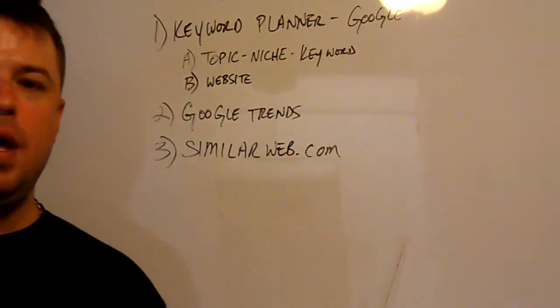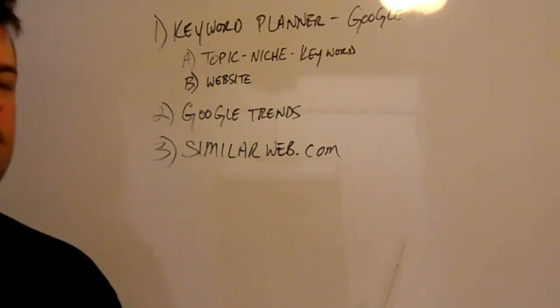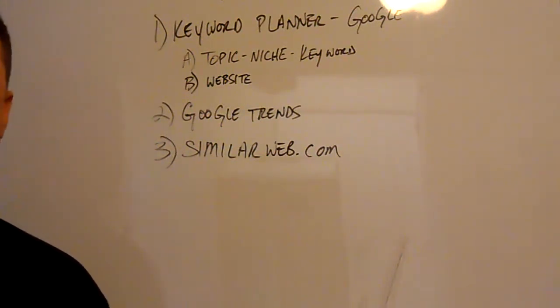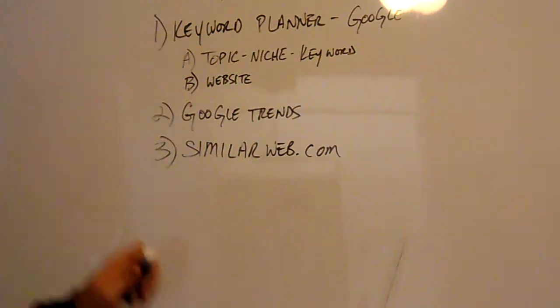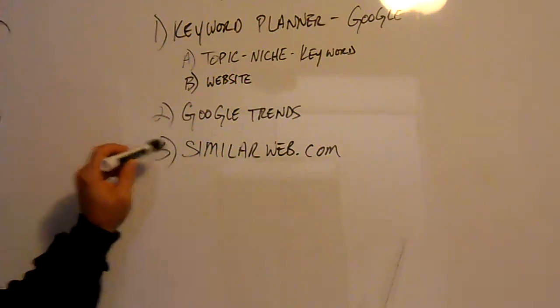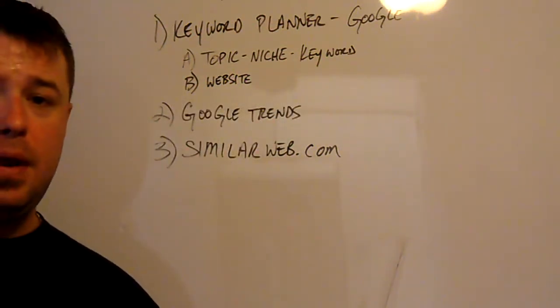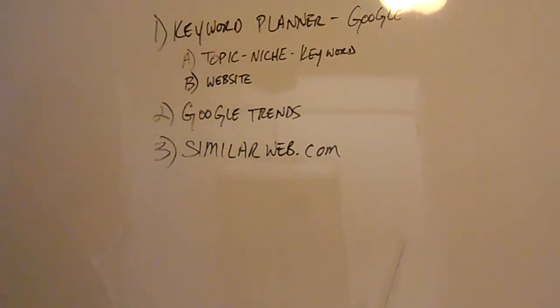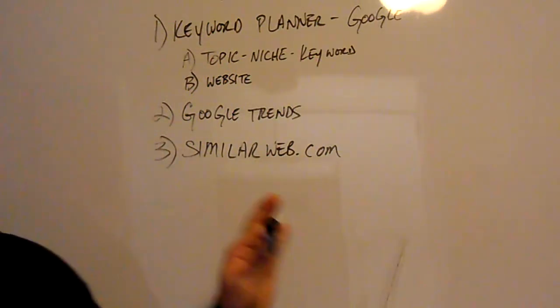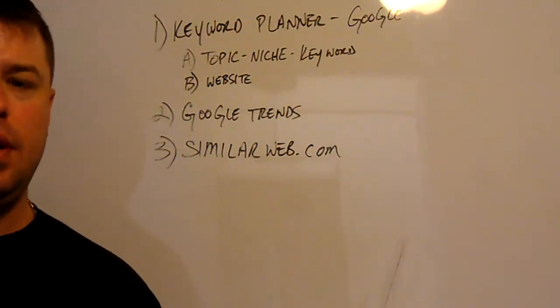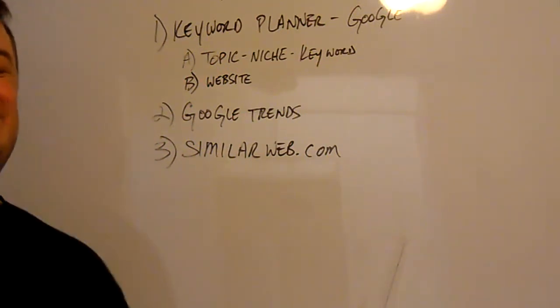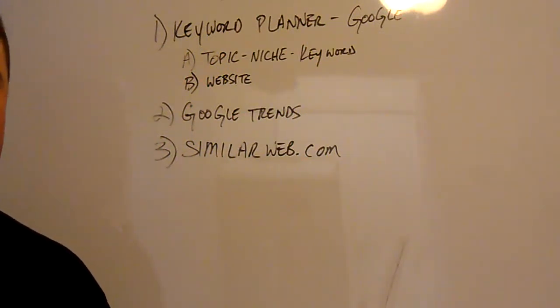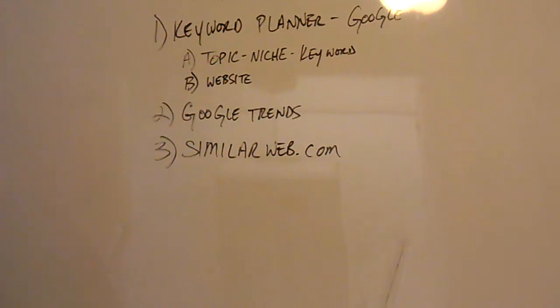Then Google Trends, folks. To some of you, you may think, what does Google Trends have to do with keywords? Just trust me on this. In those videos, I go through Google Trends, and if you picked up any of my Udemy courses, you'll know that I'm a huge fan of using Google Trends. Folks, it's an easy way to identify what is popping right now. Can't recommend it enough.